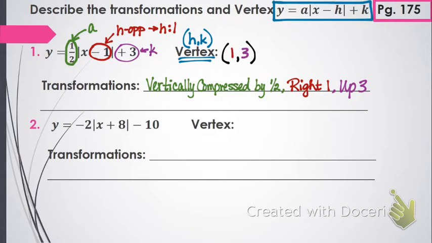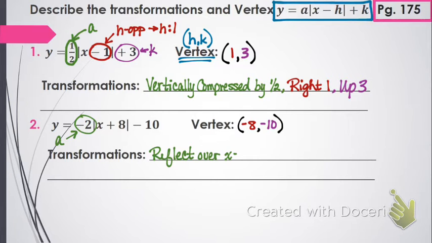So where is the vertex for number 2? -8, -10. Very good. Going to reflect over the x-axis. Who's doing that? The -2, our a value. It's gonna vertically stretch by 2. That's absolutely correct. This will reflect